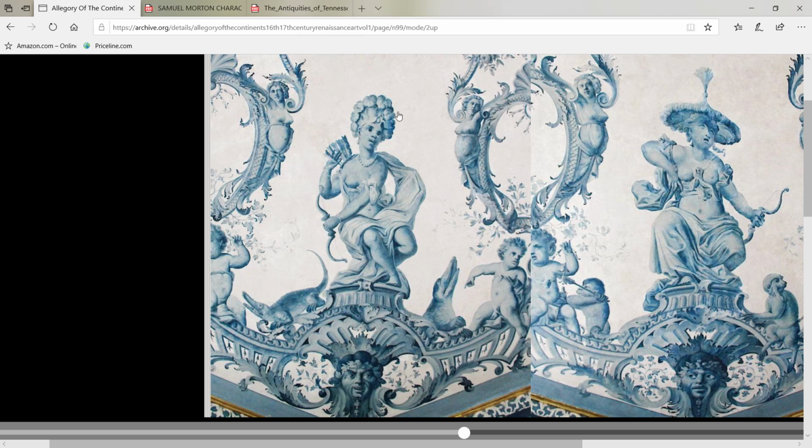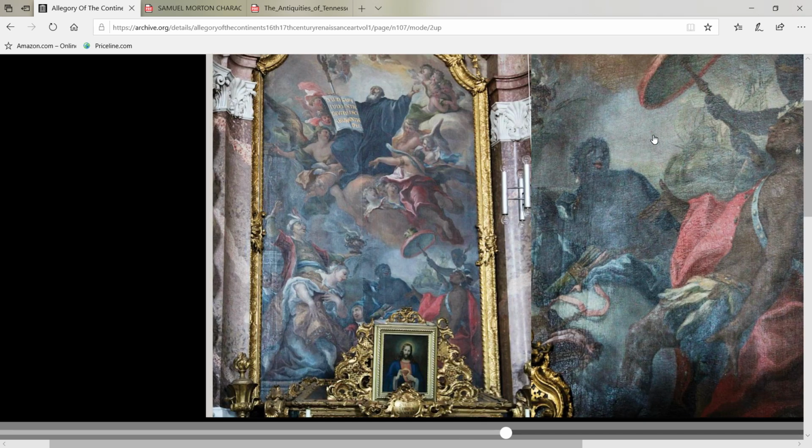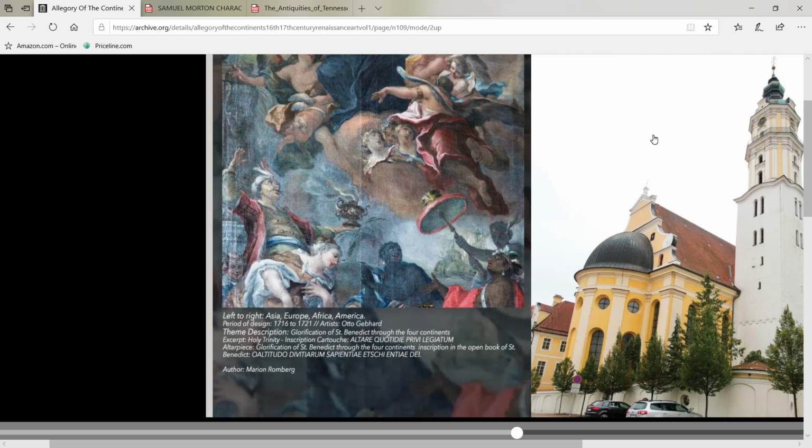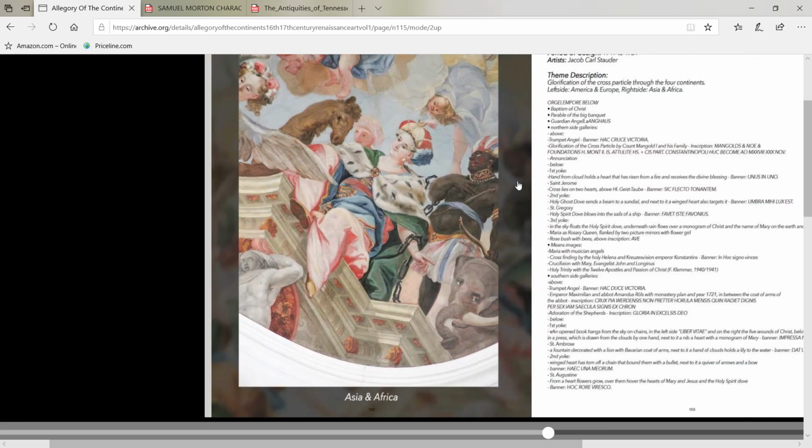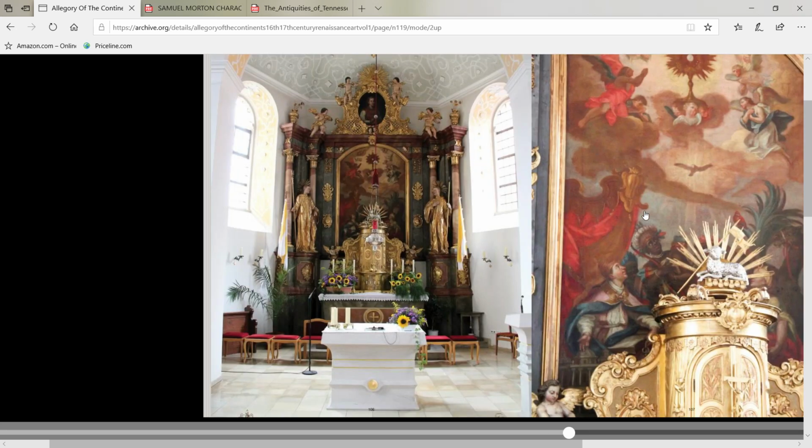This is America with the bow, arrows, and the plumes that are hanging over. From left to right, Asia, Europe, Africa, America. So Asia, Europe, Africa, America, right here, America. This one is America, Europe, Asia, Africa. It looks like what it is, an American right there,